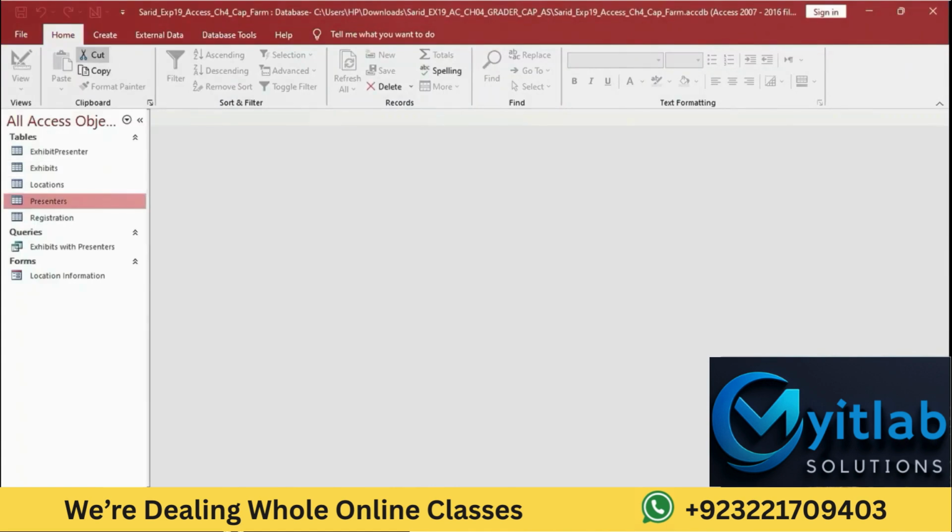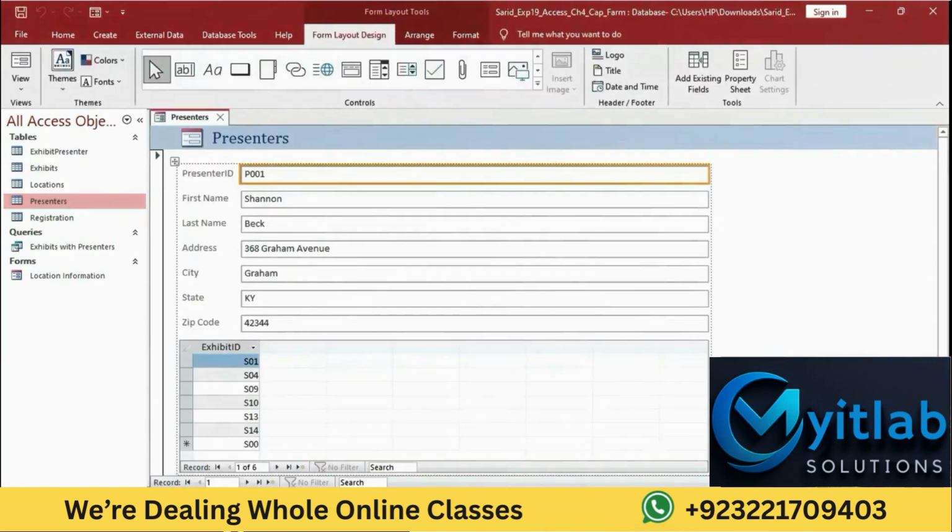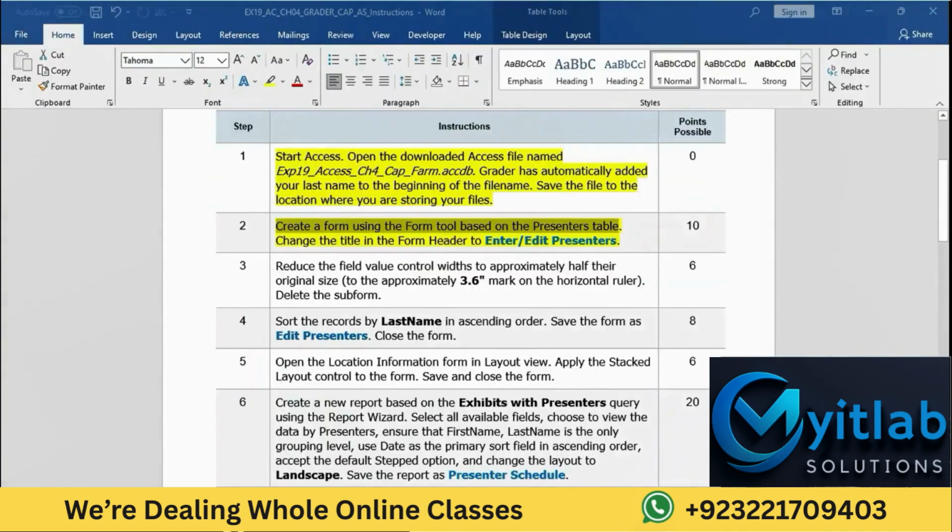Click on Create. Select the presenter table and then click on Create. The form will be created. Click on Create, click on Form, and then select the presenter table.